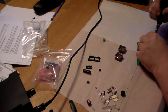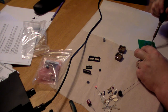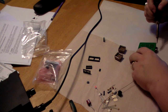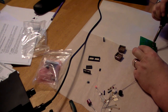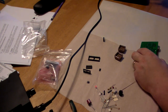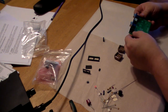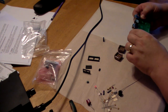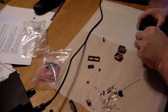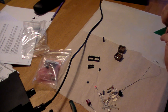Oop, I already did that one, and that one right there. No, apparently I didn't do that one. Okay. And there we go. Looking good. As I said, not the best soldering job in the world, but I do what I can. Alright. Now, let's start with the long socket because that is the next stage up. Make sure you orient these correctly. And like I said, I try and bend the pins